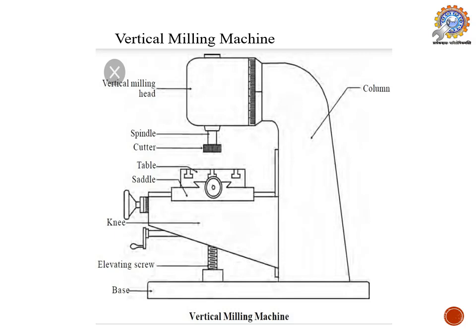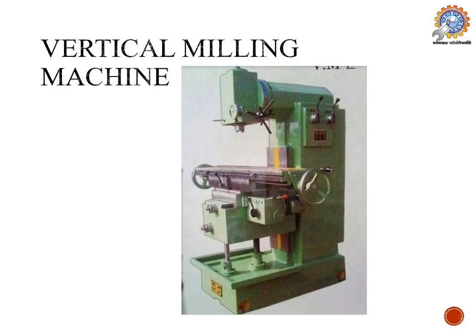The vertical milling head is going to carry the motor and all electrical components in it, and the column part is going to support and connect it to the base. Elevating screw is required for raising the table height. Then the knee will be there, and the saddle you can see, just like a horizontal milling machine. Then comes a table over which we are keeping the vise for holding the workpiece. The actual vertical milling machine is going to be like this, and as I said earlier, it is compact, economical compared to horizontal milling machine.